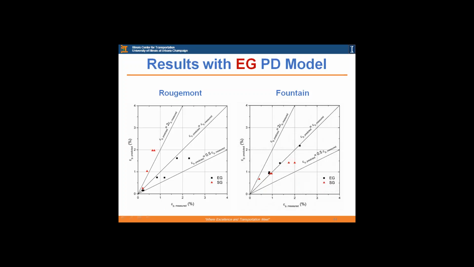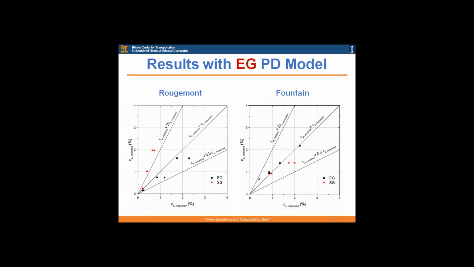Let me explain first what this is. This 45 line is where the measured and predicted are the same. This line here is where the predicted permanent deformation is half the measured, and this one is where the predicted is twice the measured. We set this area in between these lines to show reasonable predictions of the